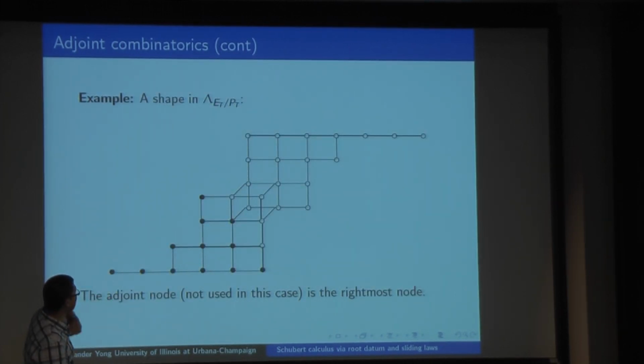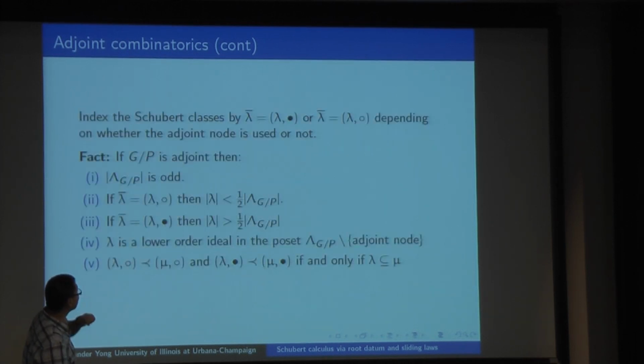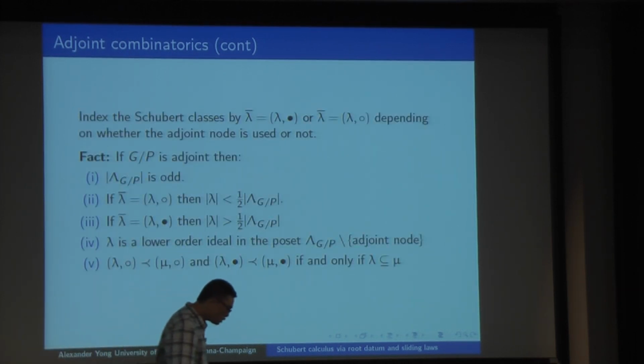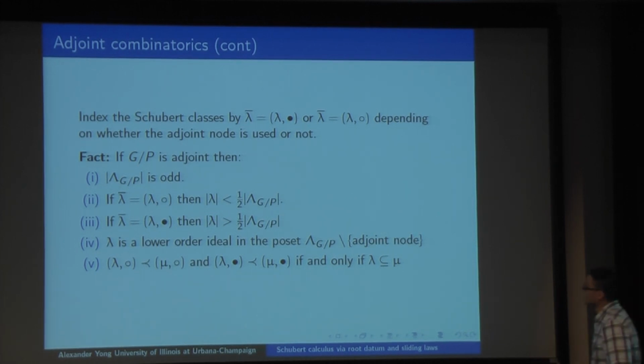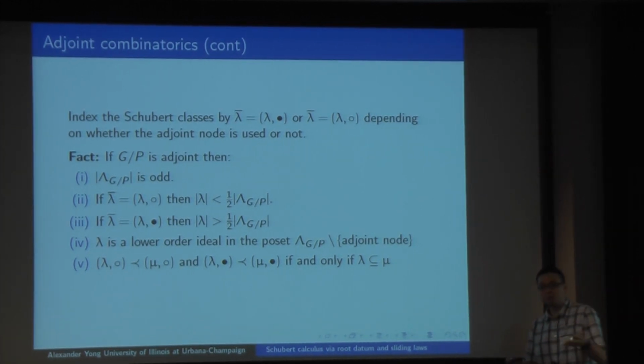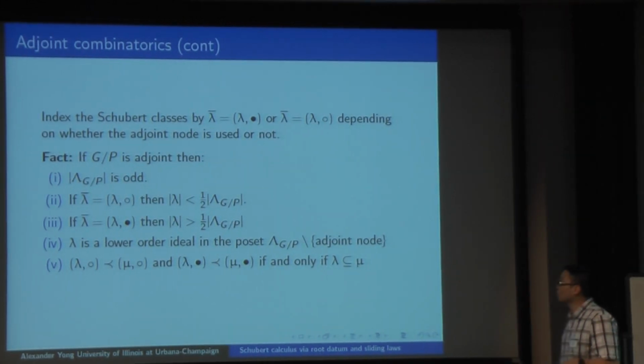E7 looks like that, and I can't draw E8, or I probably could, but I couldn't get it to fit in, so I'm not going to do it. So we know a lot about the adjoint varieties. The first time I saw this was in a paper by Chaput and Perrin, who studied quantum cohomology. They're actually studying a more general problem, but they're discussing a slightly more special problem within a more general class. But these facts are sort of known, that the number of nodes in this lambda geometry is odd,